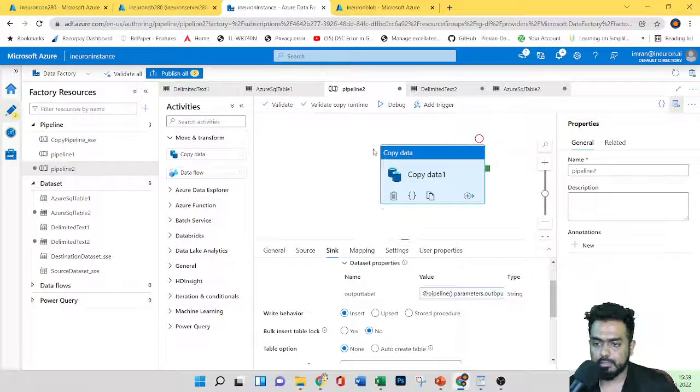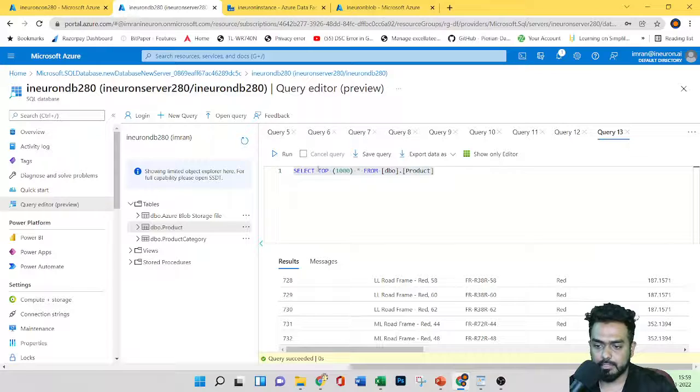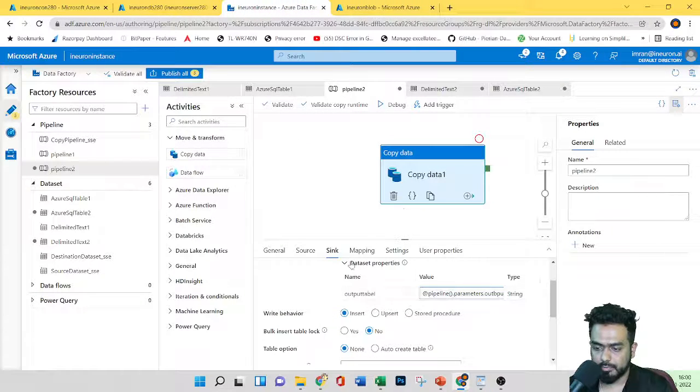Already I have created a product table, so we already have data, and we can just truncate that. Everything is set. First I'll try to validate.